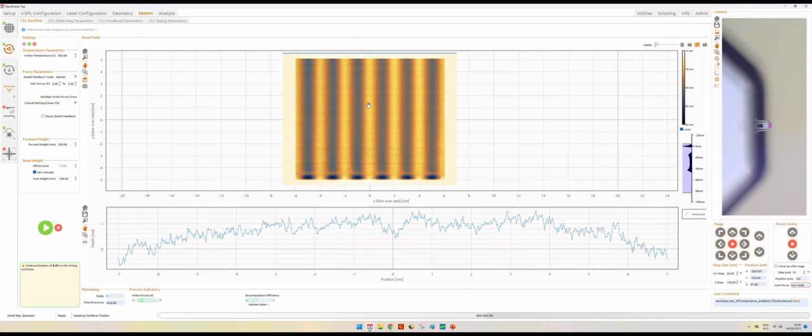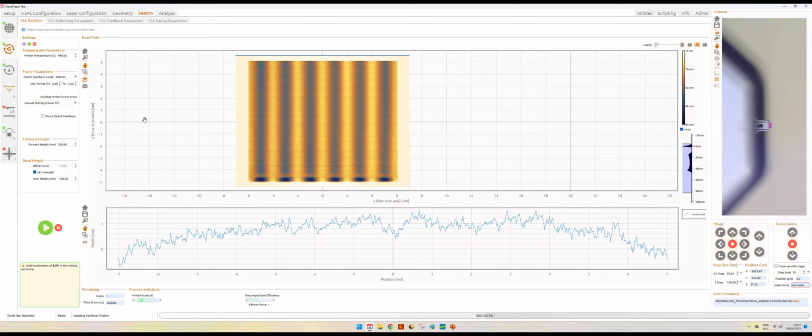Now I just did a pattern of a sine wave with a Kalman feedback, using the last converged state, with 250 nanometers forward height and 950 Celsius.